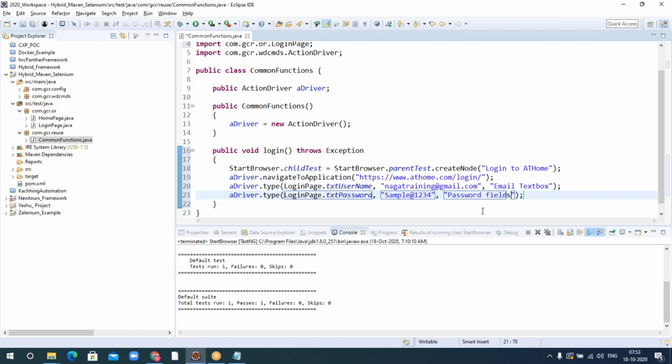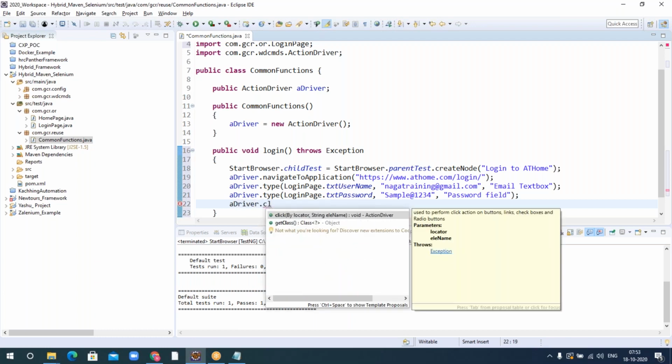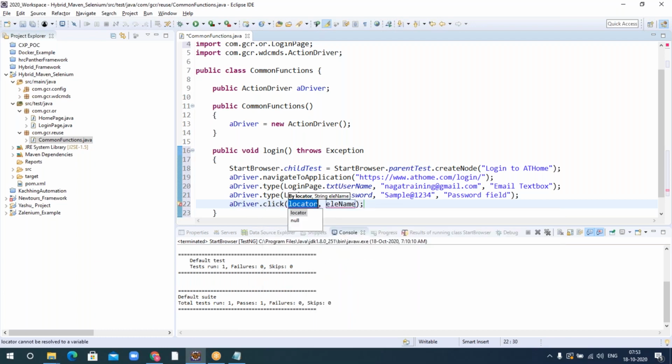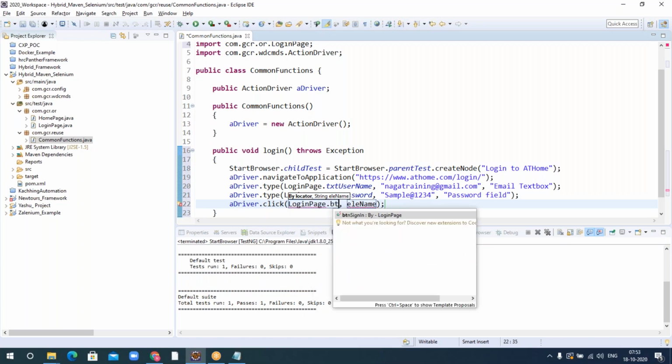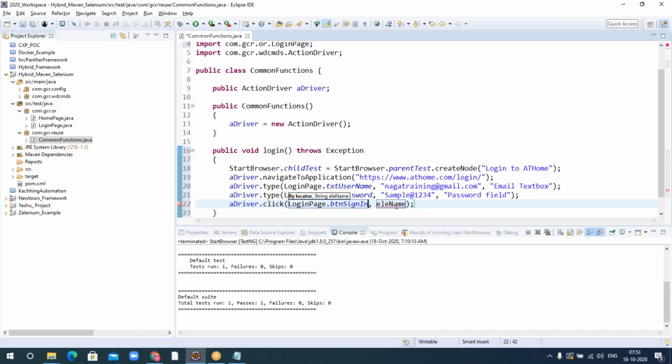Whatever you want, you can give it. This is your thing. Whatever you give, it will appear in the report. And again, driver dot click is the command in order to click on the sign in, which is again available in the login page. Dot button BTM sign in, and the element name I'll just say sign in button.